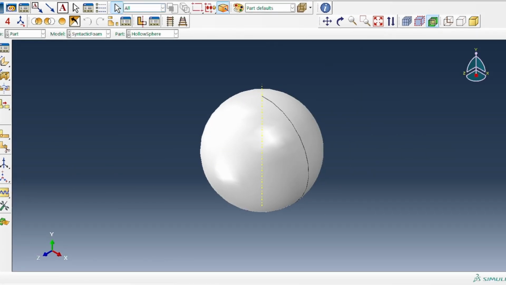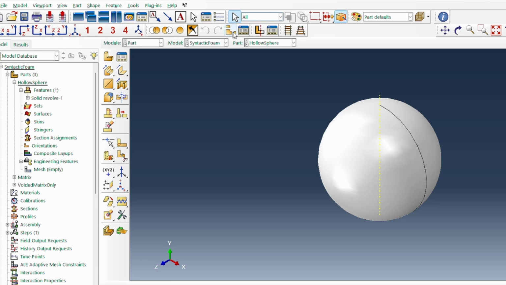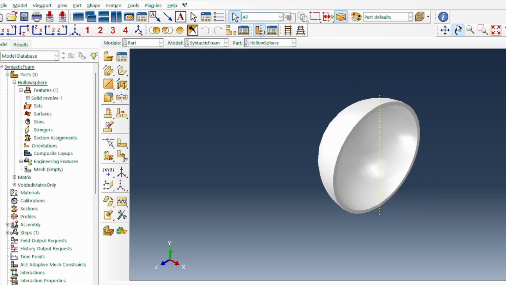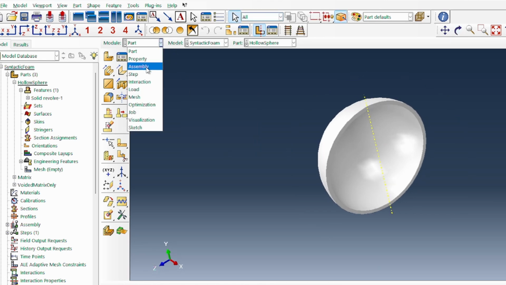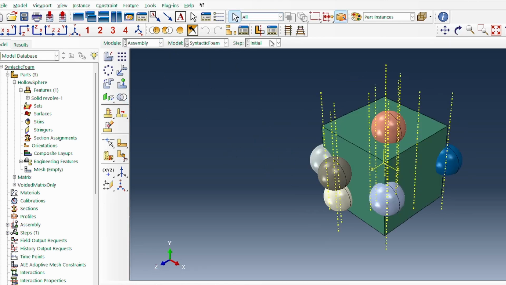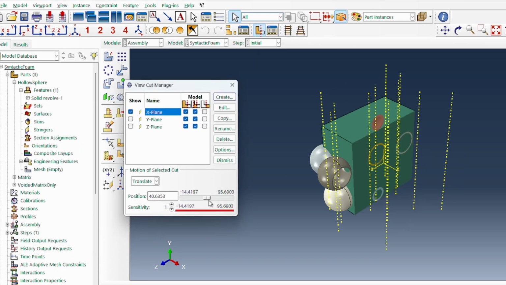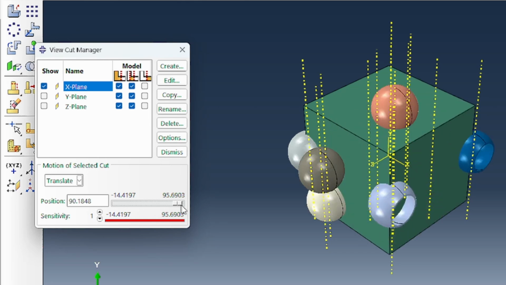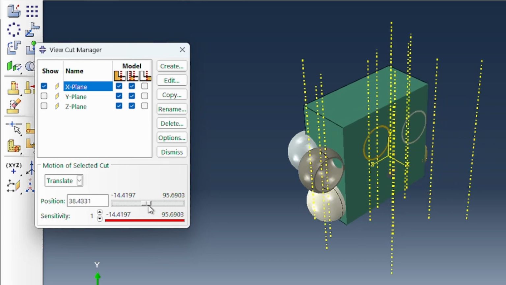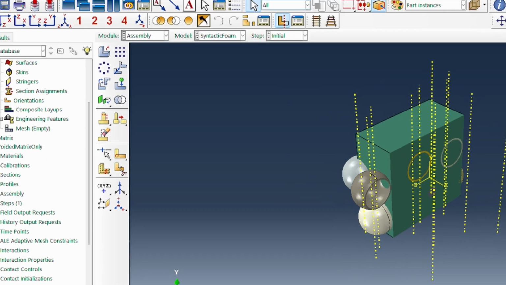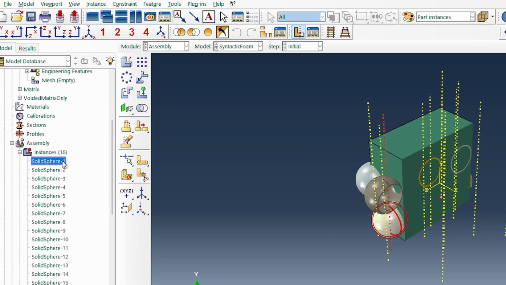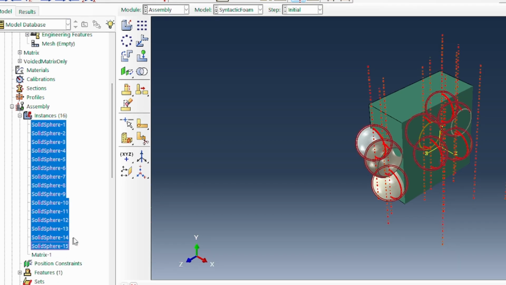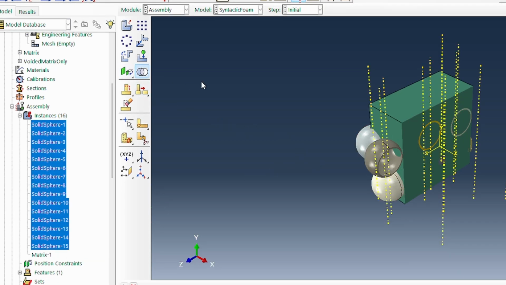It needs to regenerate the part, so feature regenerate. If I cut it open, you can see now we have a proper structure that is open as a microcapsule. And if we go into the assembly module, within the assembly we can also cut it open and just cycle through to make sure that it's all open and that's perfect in the way it's supposed to be. We have microcapsules also on the other side, and within the assembly module we look at the instances we have. We've got all these solid spheres, which we probably need to just match. So I'm going to collect all of them and call